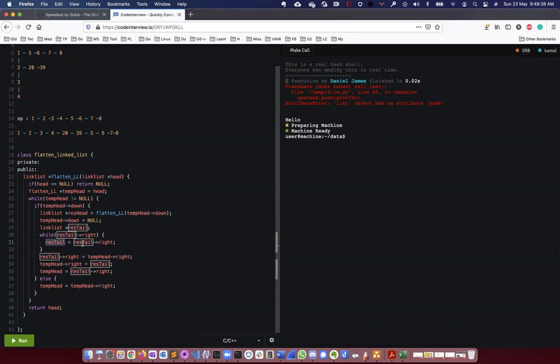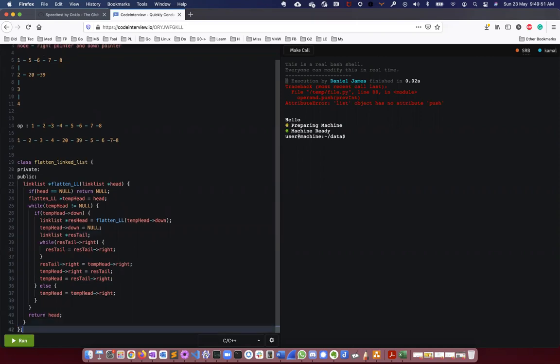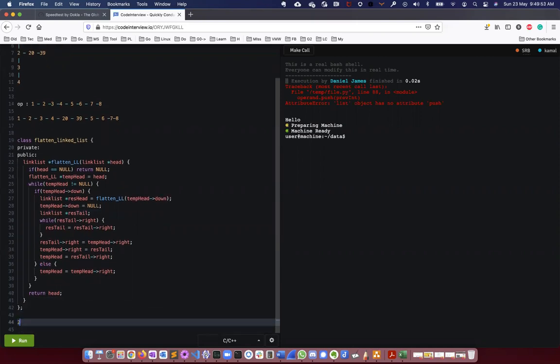So at the end we return 2, 3, 4, 20, 39, and it returns to the 1.